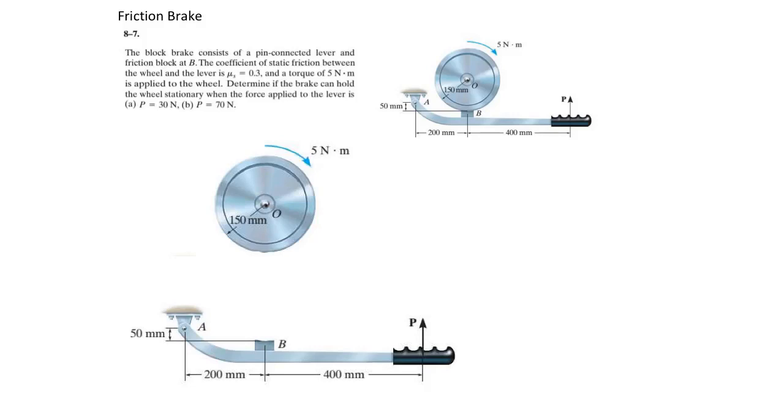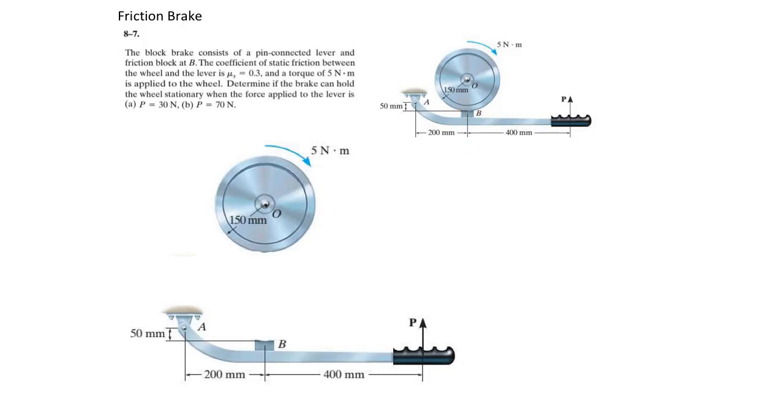The next thing is friction brakes, and this is a very common scenario as well. What we have here is a disc that's being rotated with a moment, with a torque. It's rotating here, and we want to slow it down or keep it from moving. If it's moving, then we want to slow it down. If it's not moving, then we want to keep it from moving. The way we're going to do that is we're going to apply some force here, which is pinned right here. It's going to be pushing up on that disc, and there's going to be some friction right there